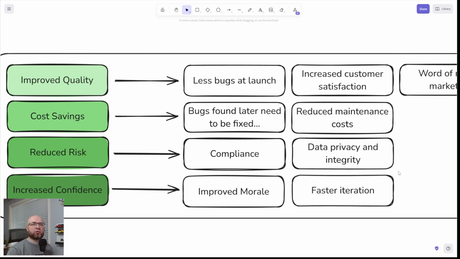You want to make sure that you are compliant, maybe with government policies or internal policies, and for things like GDPR in Europe, data privacy is a big deal. So you want to reduce the risk that your business will be dinged by bad code. And testing helps with that.